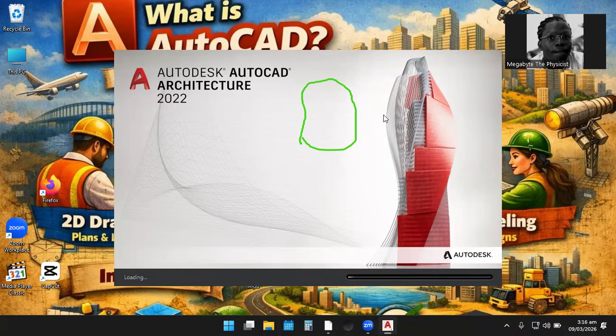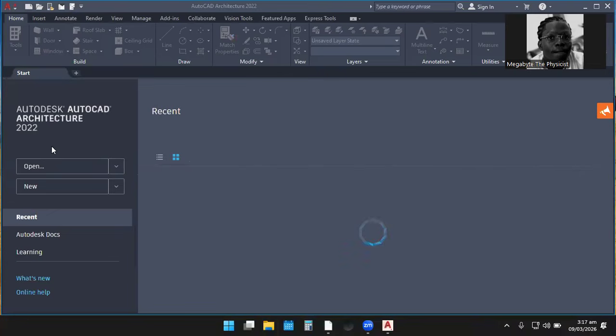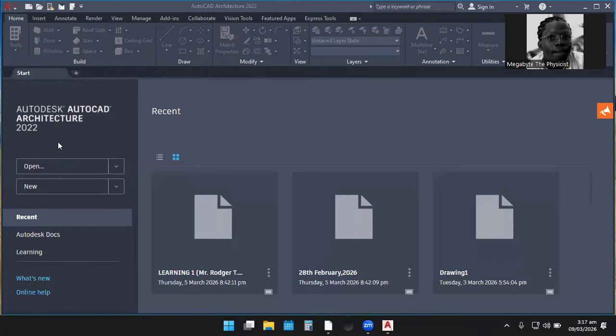As we wait for the app to open, let's quickly look at some more history. AutoCAD metric, the one we are focusing on, is best for projects in countries using metric systems such as Ghana, Europe, Asia, and Africa.